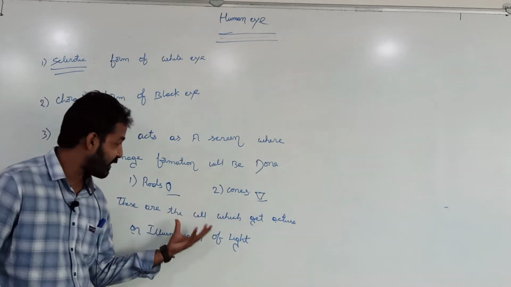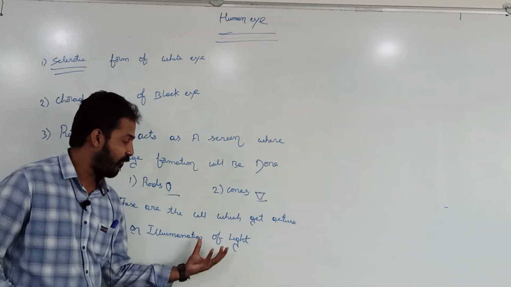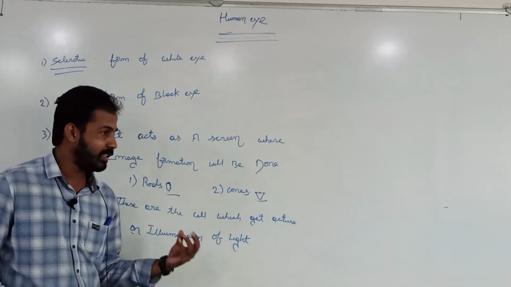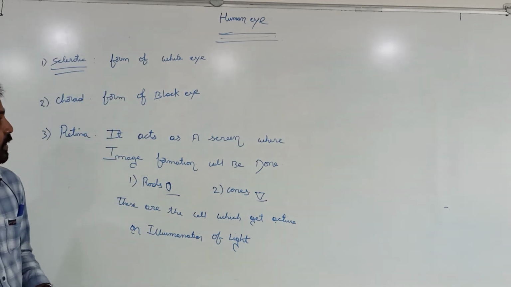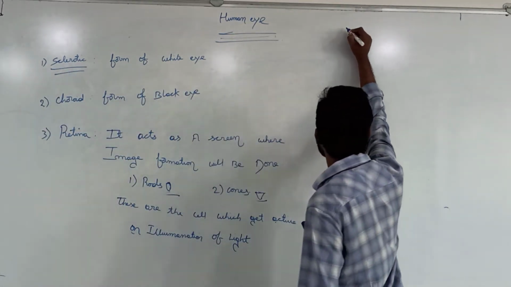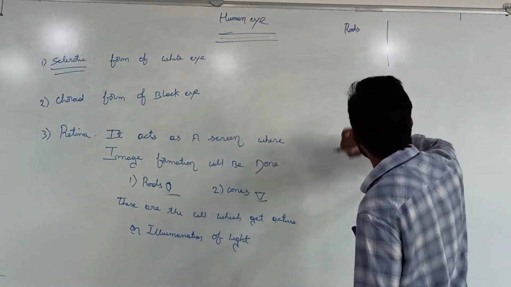So these are the cells which get active on illumination of light. When light falls on these cells, these get active. So what is the function of rods and what are the functions of cones? Let's discuss. If I am talking about the rods and if I am talking about cones,